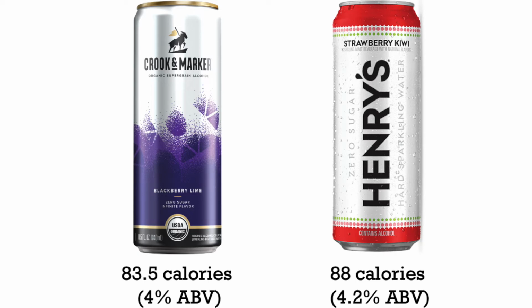But as far as comparing them to the last slide, the Smirnoff and Bon and Viv have the identical alcohol to calorie ratio. So if you want the best bang for your buzz, I would go with any of those 6: the Smirnoff Spiked Seltzer, Bon and Viv, White Claw, Truly, Bud Light Seltzer, or the Wild Basin. And I included those other first 2 in there just because they are very good low calorie options for if you don't want to get as buzzed, but you still want to have a good low calorie option. Honestly, any of these 8, if you have a preference as far as taste-wise, flavor-wise,